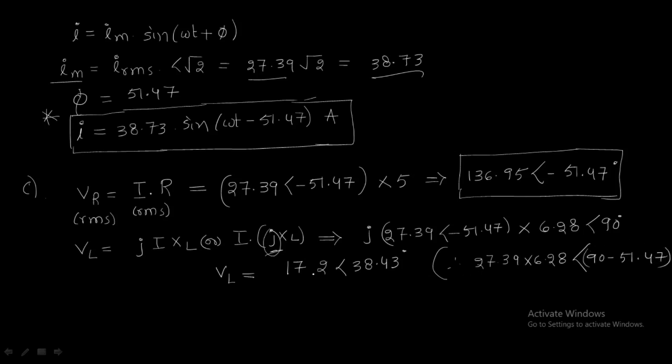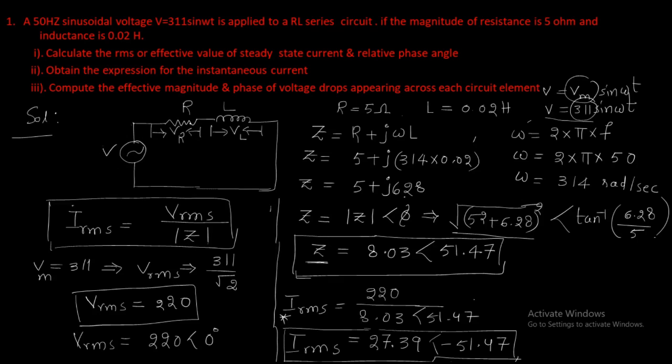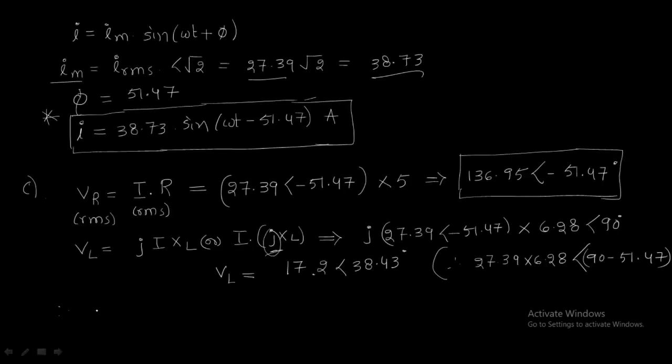By doing this, we will get this. So finally, our supply voltage must be a combination of the voltage across resistance and the voltage across reactance. So we will write the supply voltage as V equal to VR plus jVL. That means V must satisfy the square root of VR squared plus VL squared.